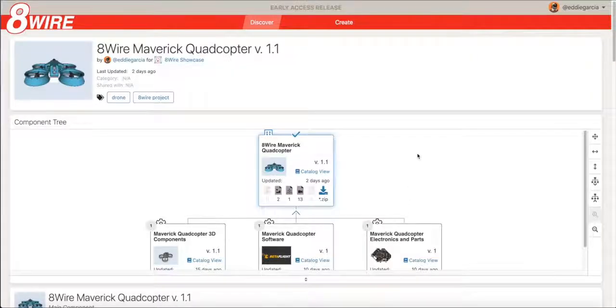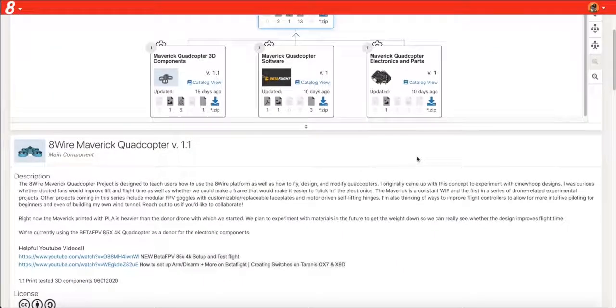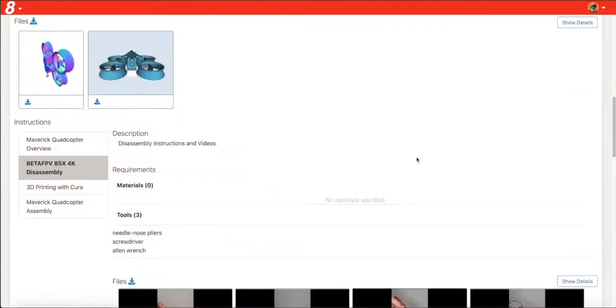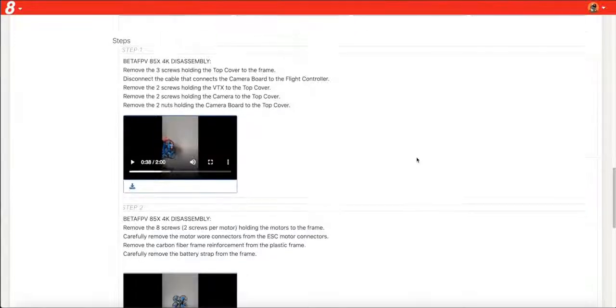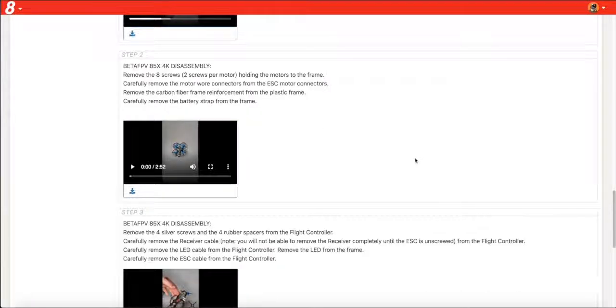How do you like to use 8Wire for your projects? Yeah, what's pretty helpful for me is that I get easily distracted. What's pretty great about 8Wire is that you're able to put instructional sets together. Instead of writing walls and walls of text in a description box on how to build something, which is obnoxious to follow, 8Wire keeps in mind instructional sets and how to actually put things together. That's always pretty helpful for me.